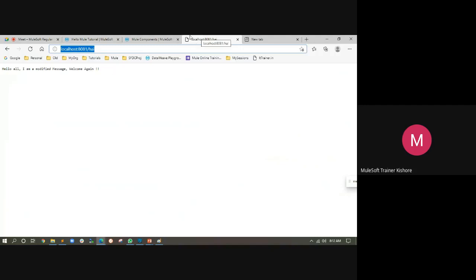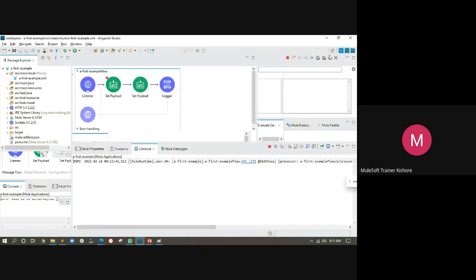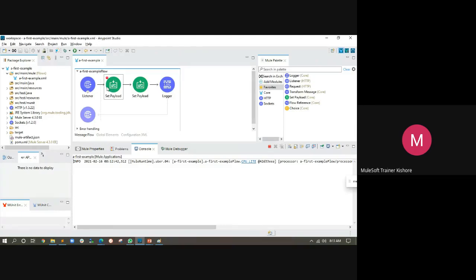Your spinning here is completed, and you get a message back to the browser saying, hi, welcome again. This is a modified message, something like that you get. So this is nothing but debugging of your application. Why I have shown you without keeping a breakpoint here: after completing 10 sessions, one guy called me in some time in the day and said that my debugger is not working, my application is not stopping. Just to make sure, it might be a common practice for those who are freshly coming into the programming world, I have run this without adding a breakpoint.